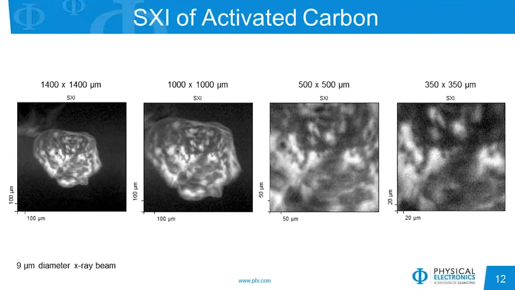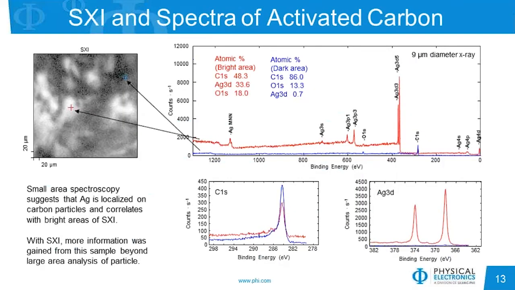We again are using a 9 micron diameter X-ray beam for this SXI. And as I show here, we have several fields of view that allow us to see larger areas on the particle, going from 1400 by 1400 microns down to 350 by 350 microns. And so by going to these smaller fields of view, we can very easily select points of bright and dark regions for